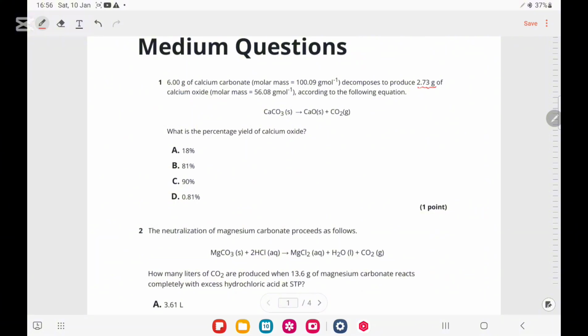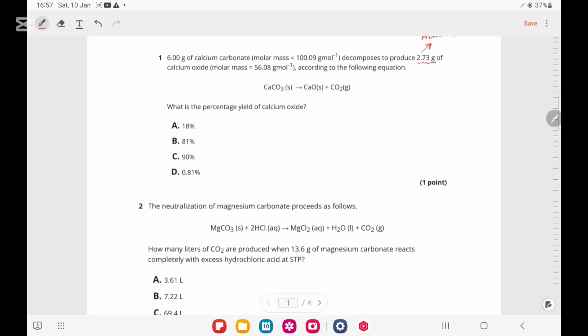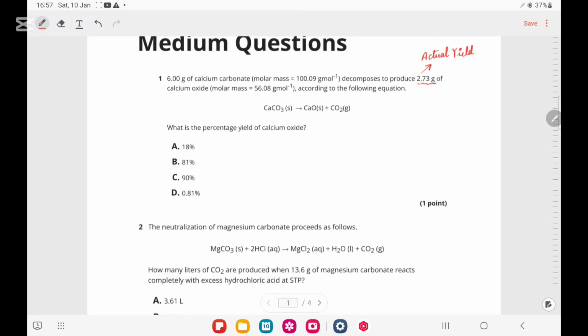First of all, the mass that has been given to us is going to be the actual yield. Always the mass that has been given to us is the actual yield, and the theoretical yield we are going to find from the equation. They have given us 6 gram of calcium carbonate. So first I am going to find the moles of calcium carbonate. The formula is mass, which is 6 gram, divided by molar mass, which is